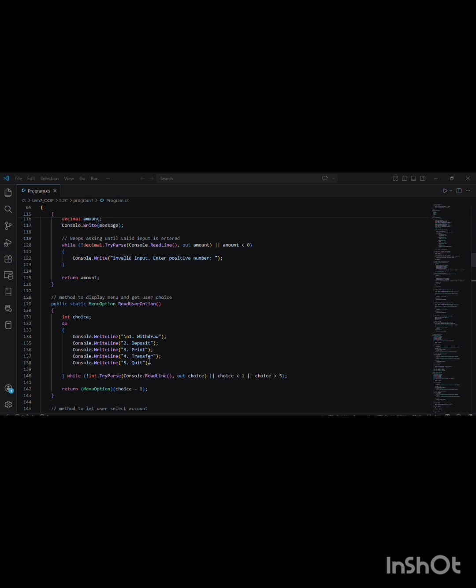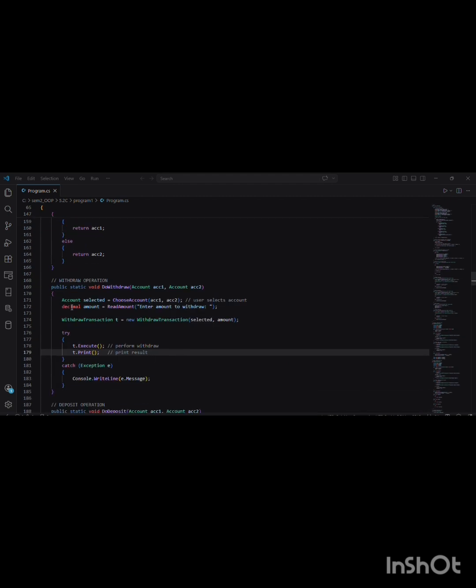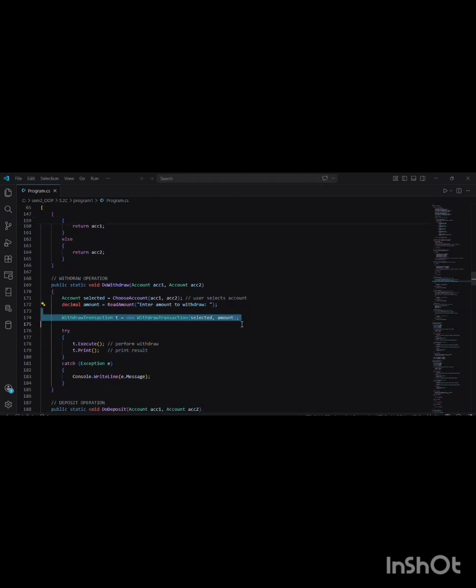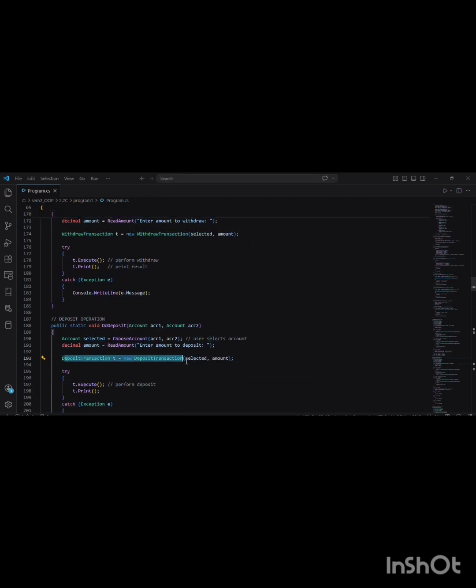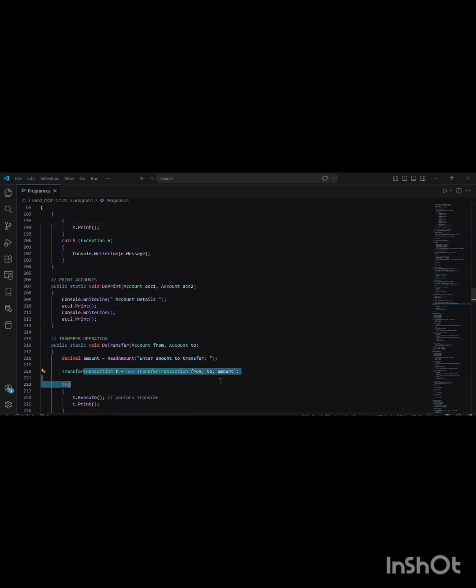And for each action, it creates a transaction object such as withdraw transaction, deposit transaction. We can see here withdraw transaction, and deposit transaction and transfer transaction the same. And it calls its execute method to perform the task. After that creation, it calls its execute method to perform the task, and then the transfer operation works by first